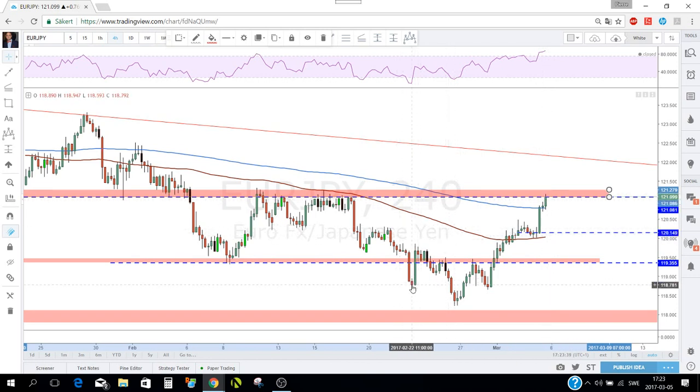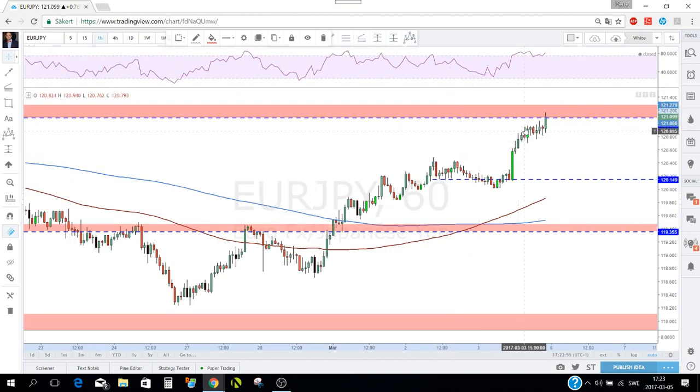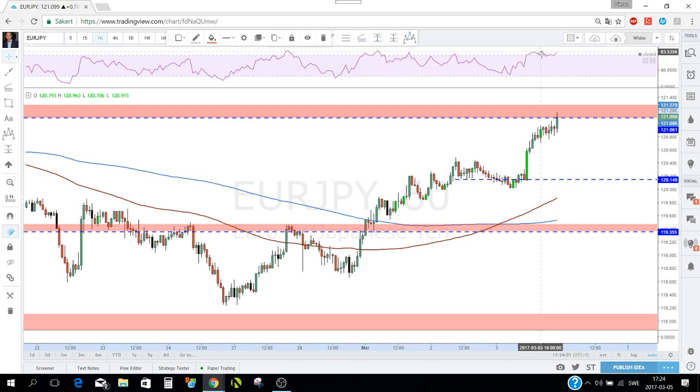It made this head and shoulders, broke it, and kept going up. And for now, we have an overbought RSI, and on the 1 hour, I think it is also screaming overbought, and there is a little bit of divergence, as you see